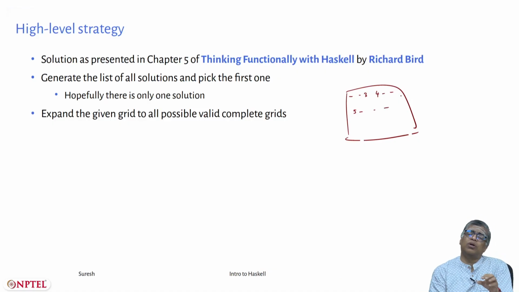Instead of blank, you should put all possible values there. So for each choice of values that you put in each cell, that will be one matrix. Then you go and check whether that matrix is a valid solution.